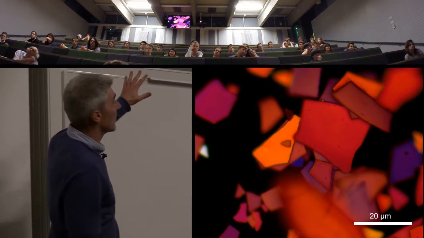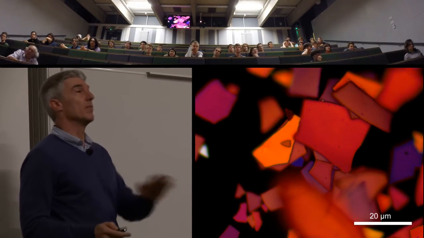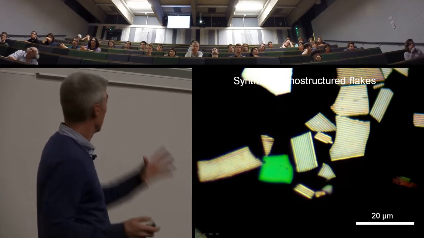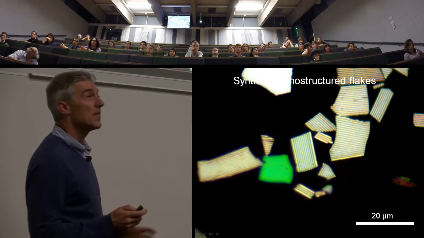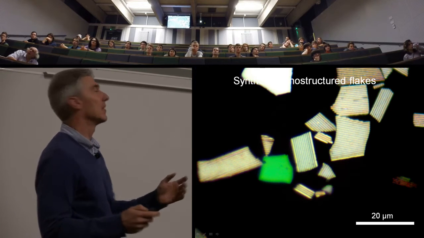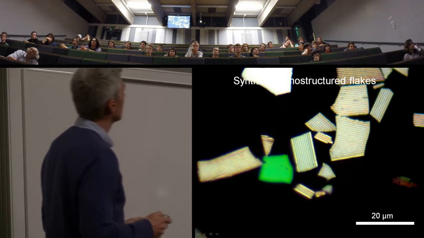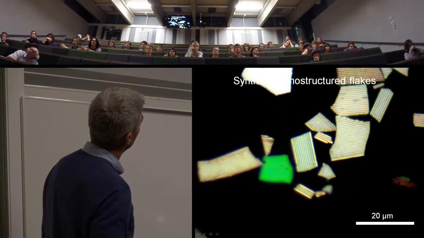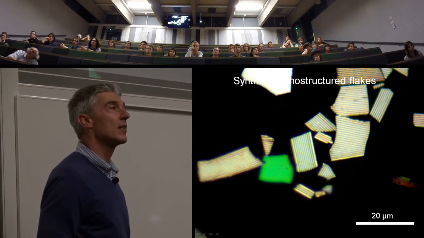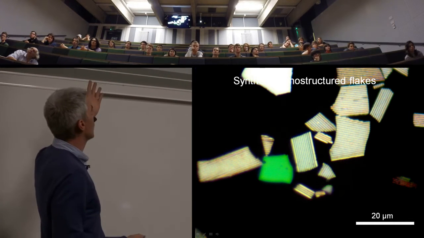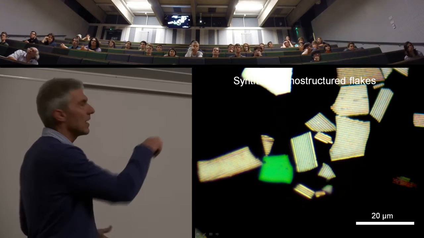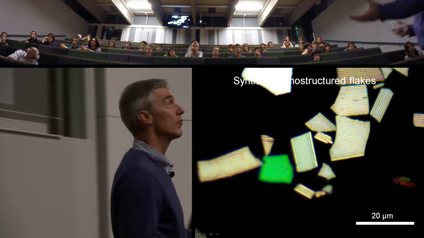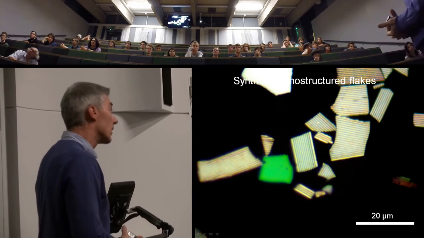Now, that's all very well, and that's a very simple multi-layer system, very flat. Here is a slightly different synthetic system. Looks a bit broadband, but this has a special twist to it. And as we zoom in, you might start to see the twist. You can probably see it just there. Well, these appear to have lines. Why might we see, again, at this type of magnification, why might we see lines? What could they be made of? Or what could their physical structure be if we're seeing lines?